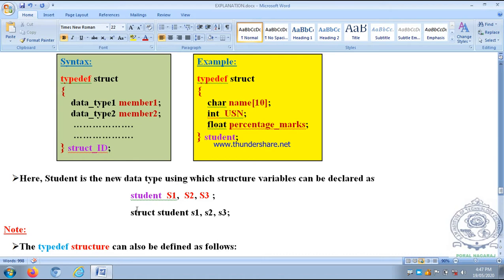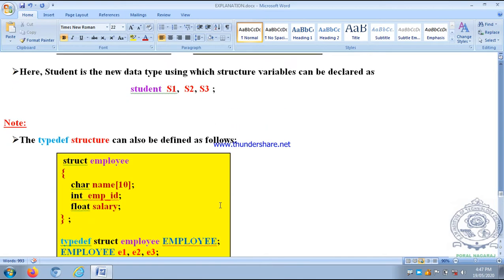This is how we used to declare normal structure variables. But for type defined structure variables we don't use the keyword struct. That is the difference you have to note, because we begin with typedef only. So this is not required. Directly it begins with the name of the structure, student, S1, S2, S3. So here S1, S2, S3 are the structure variables.